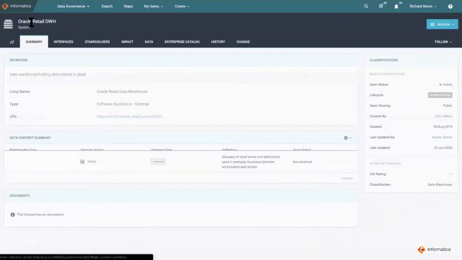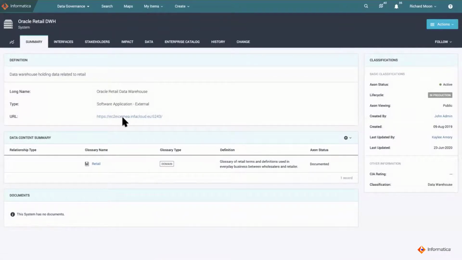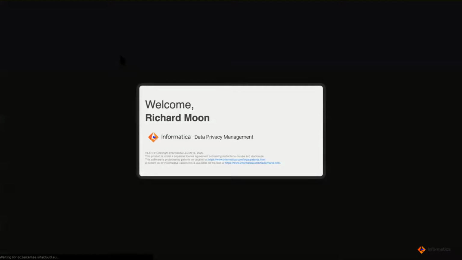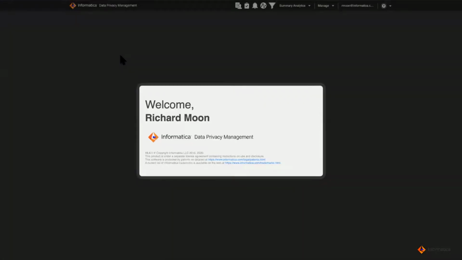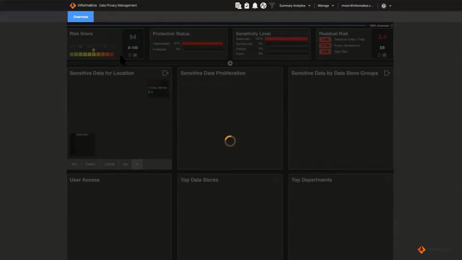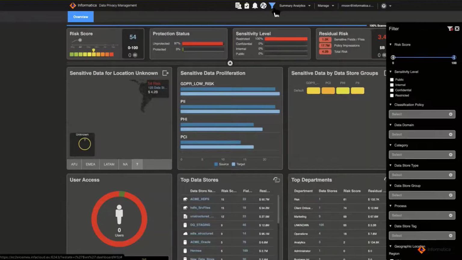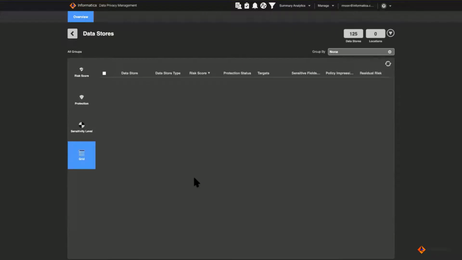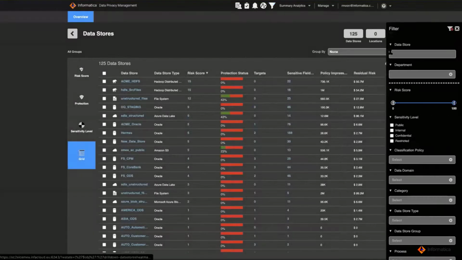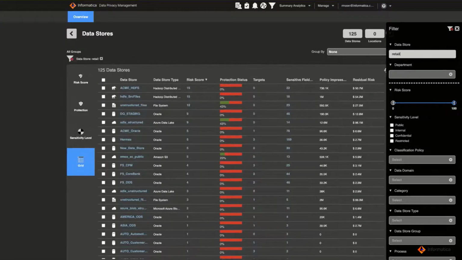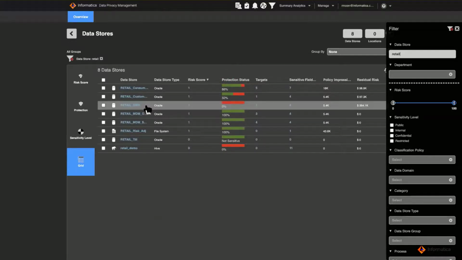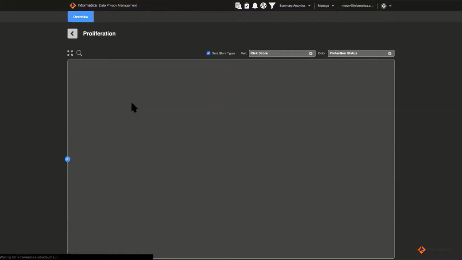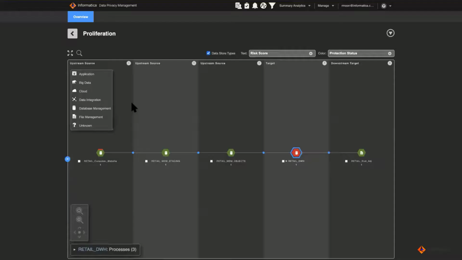So what I'm going to do is go into DPM via link and log in as Richard Moon here into the DPM system. And after logging into DPM, I'm going to look at the top data store here and apply a filter on my retail system. So we can see that there is a retail data warehouse listed, and you can see a little bit more detailed